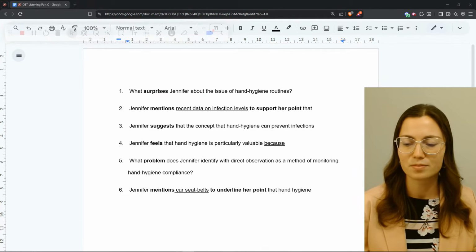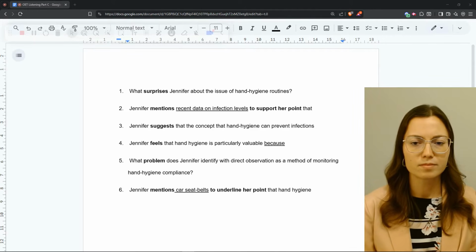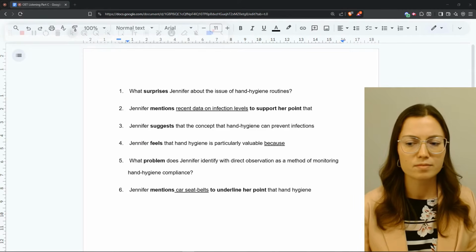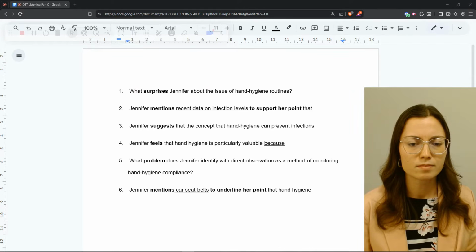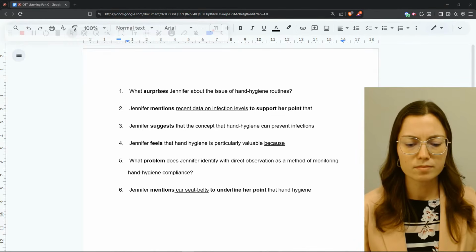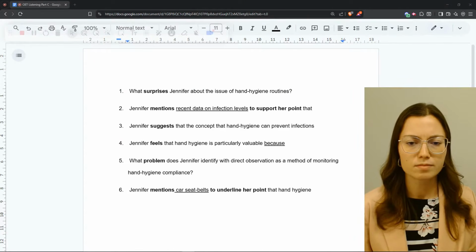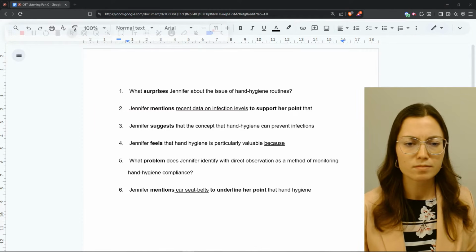Hi everyone, my name's Jennifer Seaver. I'm a clinical nurse educator, and I'm here today to talk about something very familiar to us all. It's a routine that can potentially save numerous lives, and one that we've all been taught since we were toddlers. Hand hygiene. This is described by many healthcare workers as possibly the single most important tool in preventing the development of healthcare-associated infections between patients. Infections such as Staphylococcus aureus, Clostridium difficile, MRSA, and gram-negative bacteria.